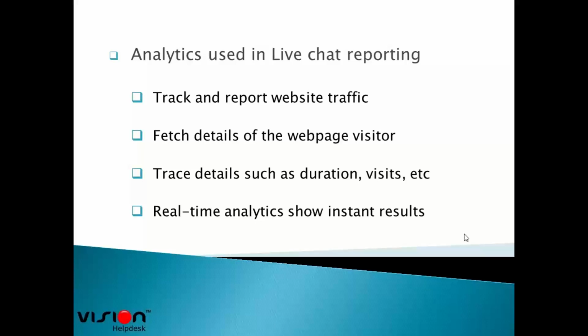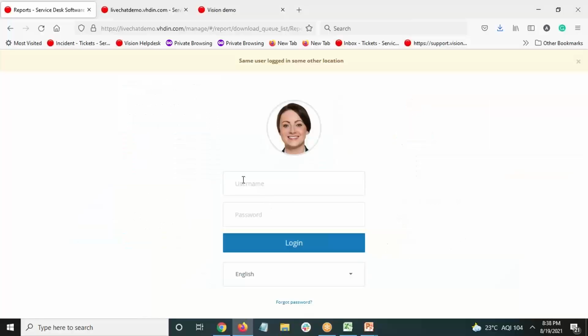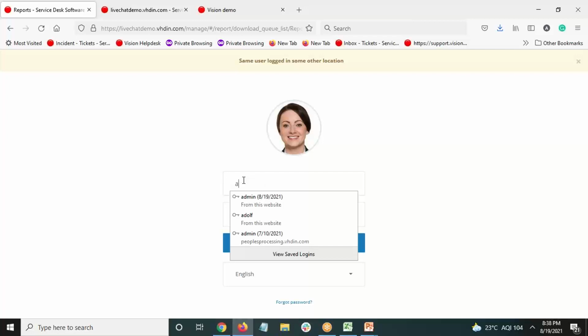So let us now check this out on the setup. I would log in using my admin credentials.